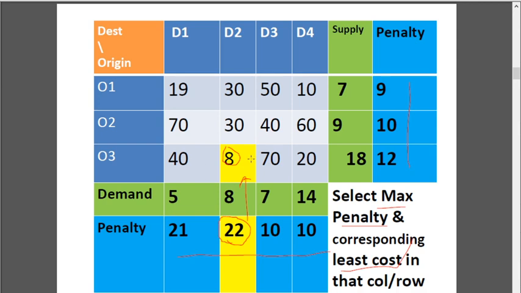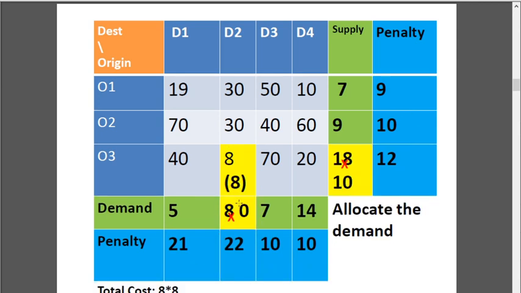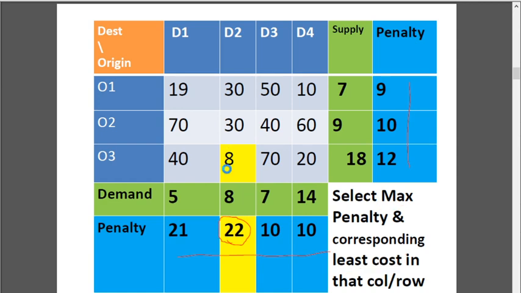Now I have obtained a cell. For this cell, next see the supply and demand, and you can allocate the supply to that demand. So this was the cell selected based on the penalty. The supply is 18 and the demand is 8.